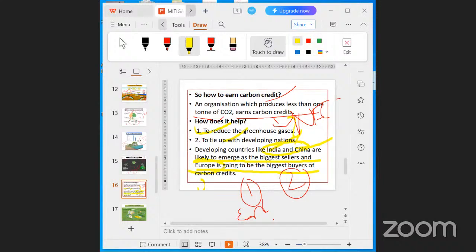So carbon, like any other commodity, has begun to be traded on India's Multi Commodity Exchange. It means MCX, right? Multi Commodity Exchange. So this MCX has become the first exchange in Asia to trade carbon credit, right? So this is how this carbon credit will work here, right? Okay. Second one, carbon credit, is over.